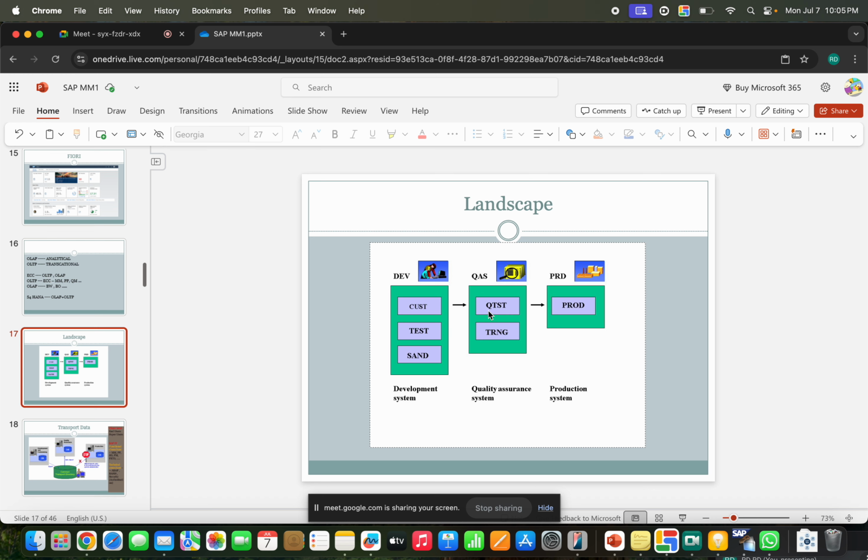So we can do it. It depends on your client's capabilities, how they have planned their landscape. So it is not necessary that everyone has to design multiple clients. Okay,